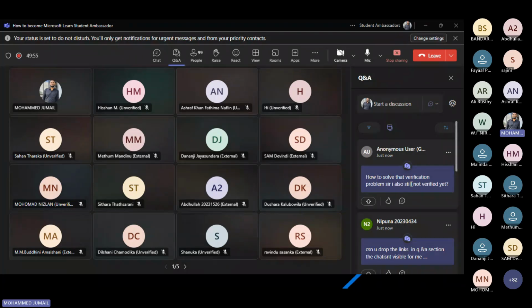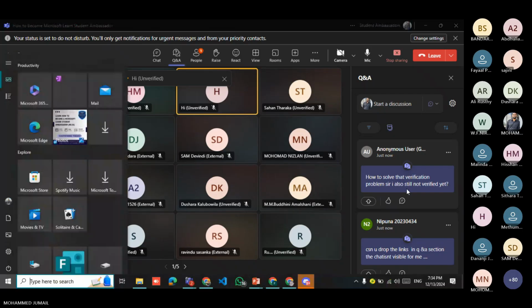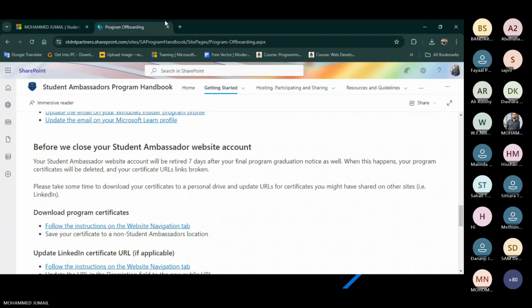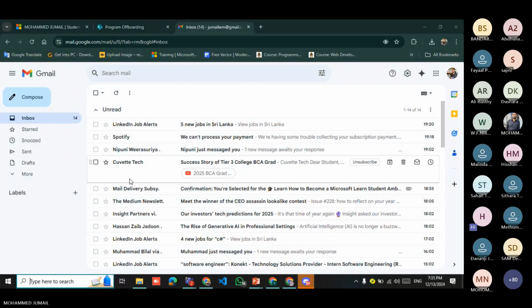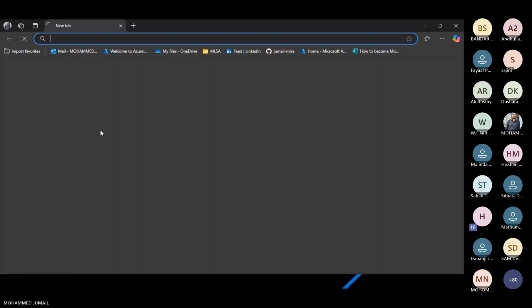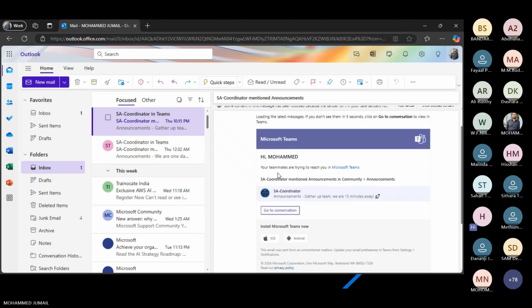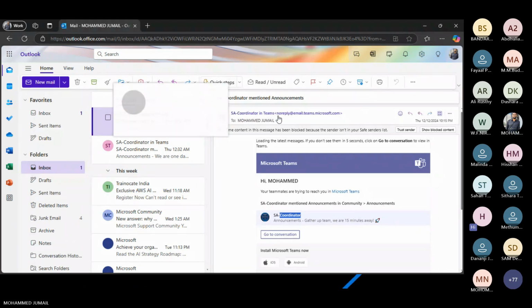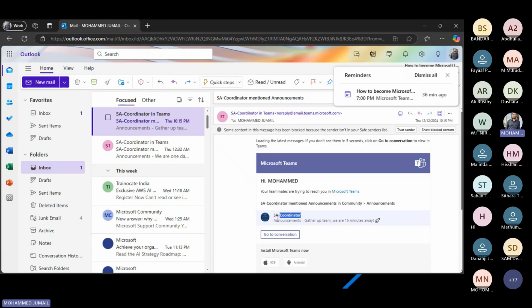If you have a verification problem with your application, you can message the SA coordinator.